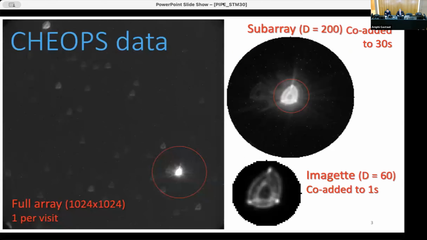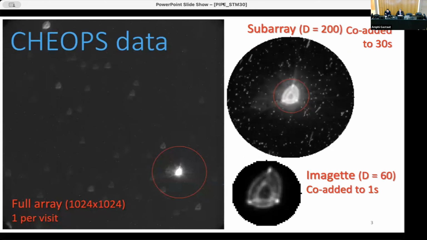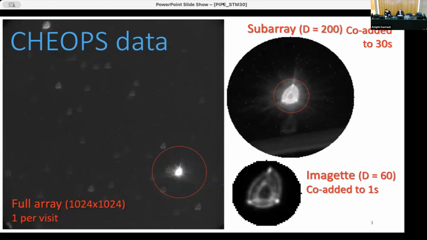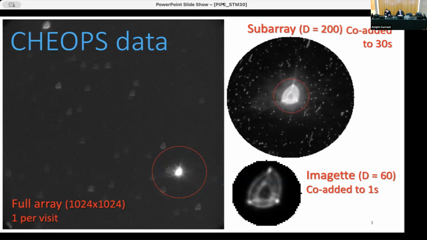So what is PIPE? As most of you know, this is the format that we get CHEOPS data in. Subarrays that are co-added to 30 seconds cadence. These are subarrays of the full CHEOPS detector that are circular, and they have a diameter of 200 pixels. And this is useful because if you have a big diameter, you can estimate the background, which is important,